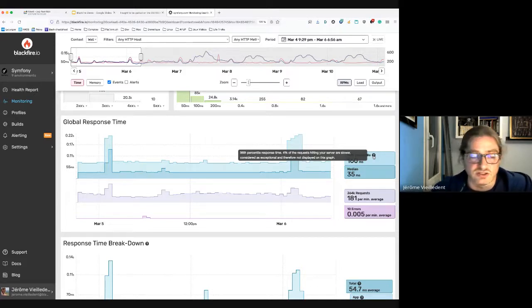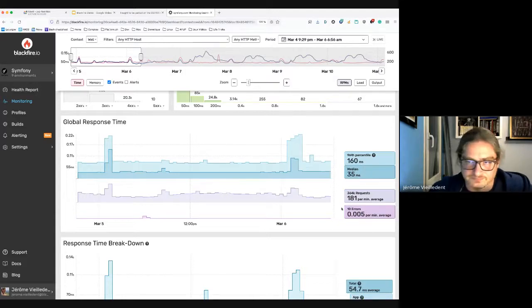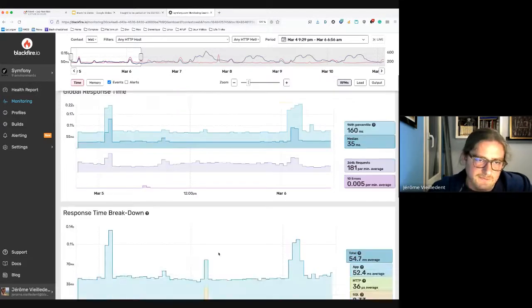It's not something that we invented. It means that 4% of the requests hitting your server are slower, but they are considered as exceptional, and therefore they're not displayed here. And it's always good to compare the 96th percentile to the median as well.